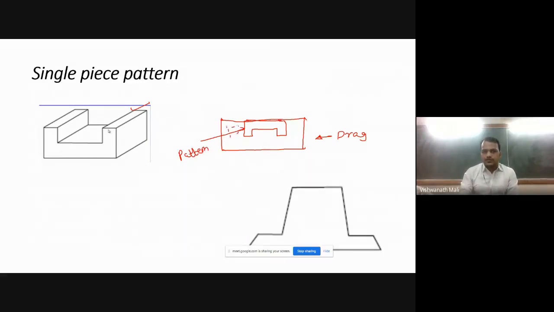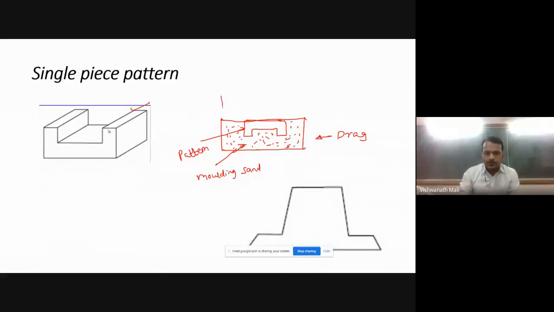What we do? We ram the sand here. So what is this? This is the molding sand. So only a single pattern we have used. This is only one part, because it's a very simple part.